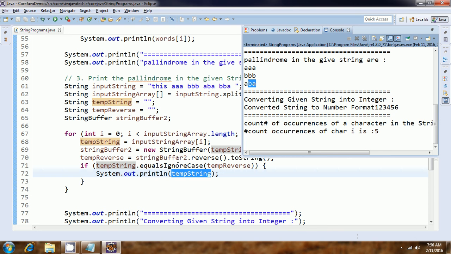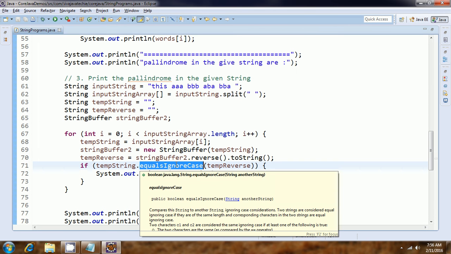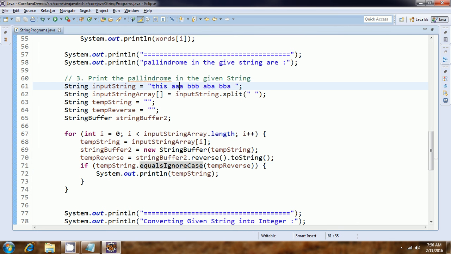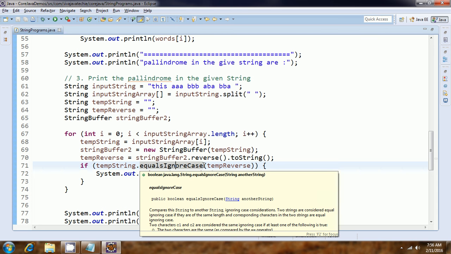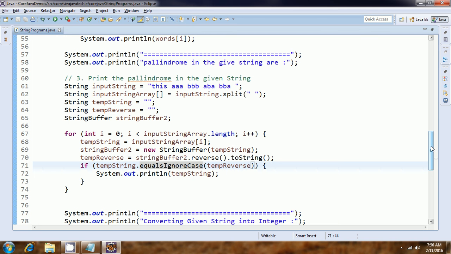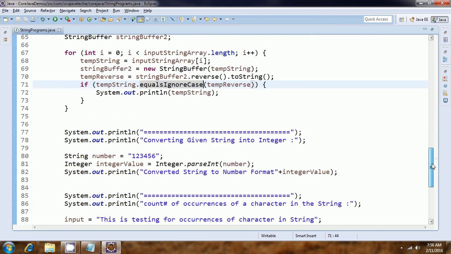So here I am using equalsIgnoreCase. So even if there is uppercase somewhere, it is going to work anyhow. Basically, it won't mind whether it is small case or uppercase, it will simply compare whether the content is equal or not. Okay, and another